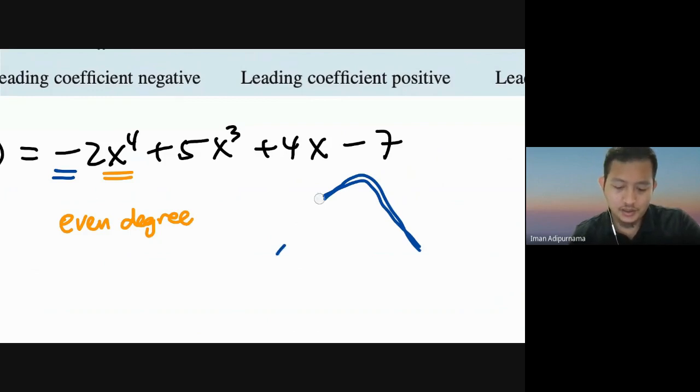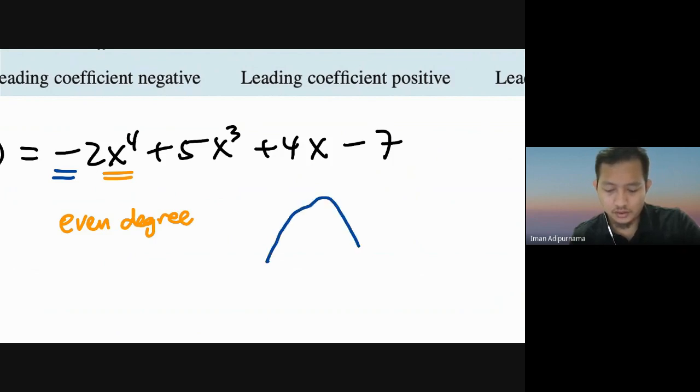To be precise, the graph will look like that. So it will have the, yeah, probably like that. You will notice if you are